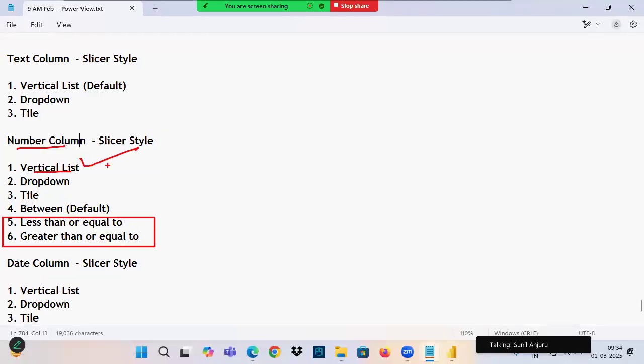Generally, we rarely use this when you have a small number of values. Which one? Vertical list, right? When you have some medium number of values, drop down. If you have more values, mostly we will go with between. This is about what? Number column. Next one,